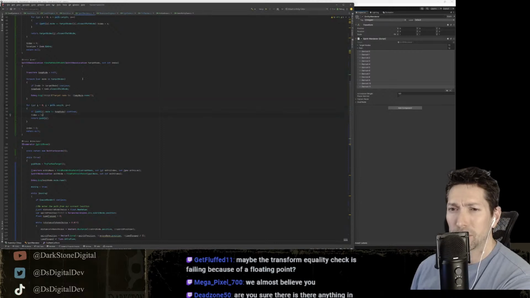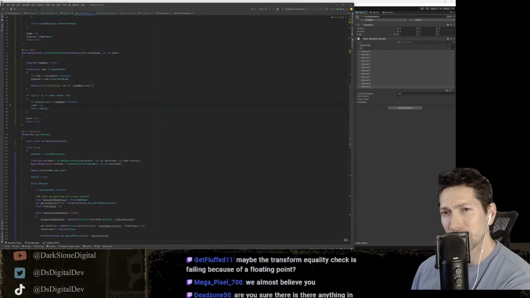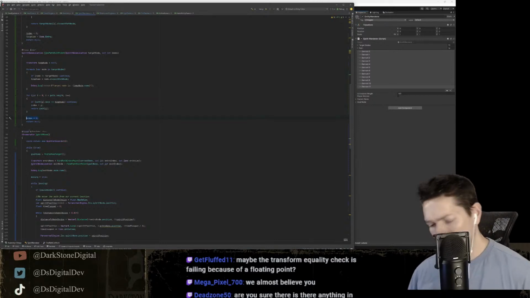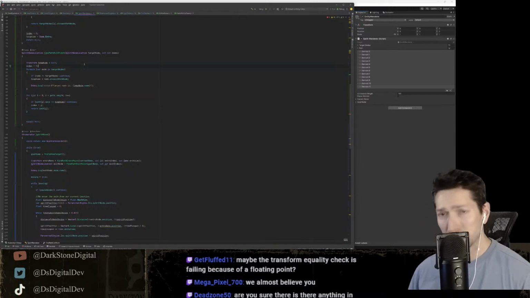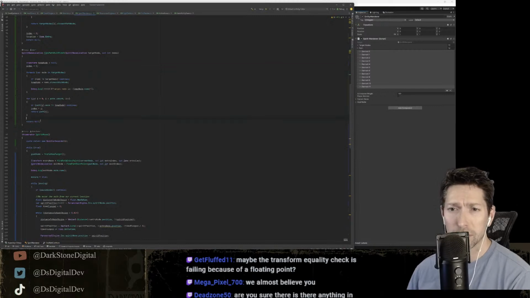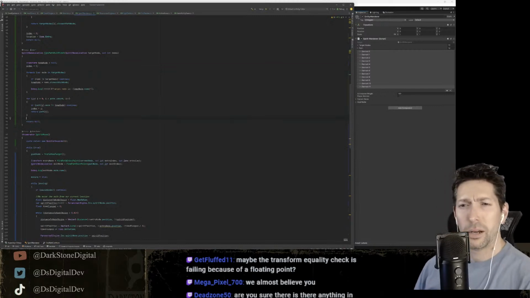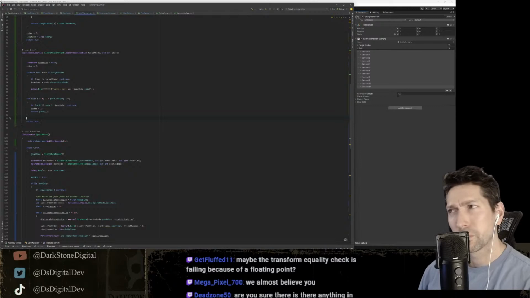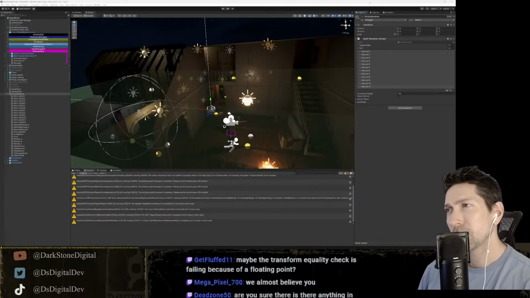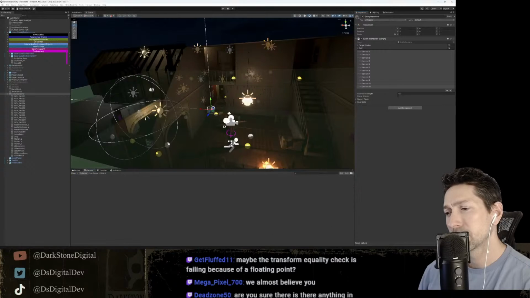So why are we getting the wrong index? I mean, it's not getting to here, but we'll define it here. What a bizarre thing to be happening.